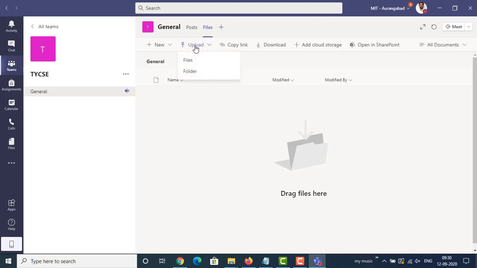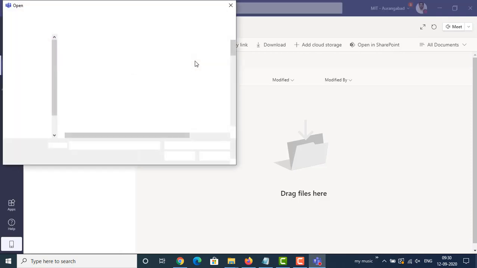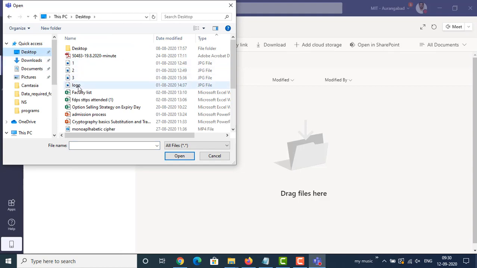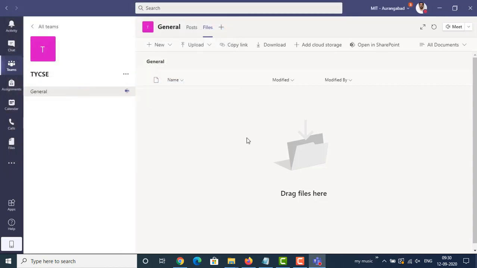If you want to upload any file, you can select file, or if you want to upload any folder, click on this folder. If I want to upload, for example, an image, I want to share this particular image with all my team members.